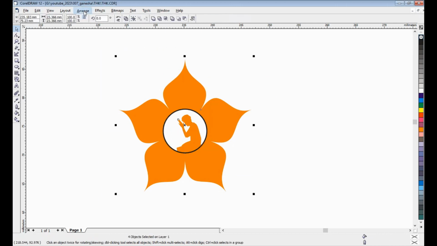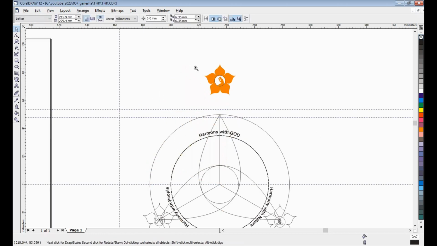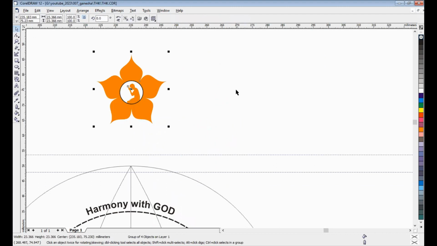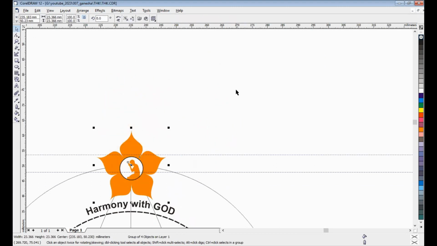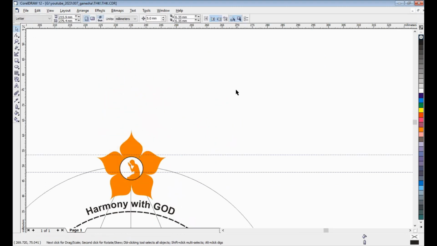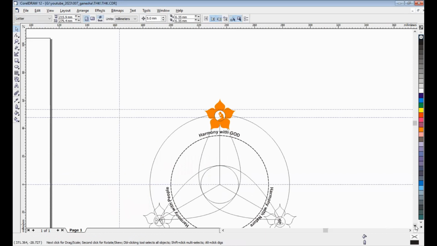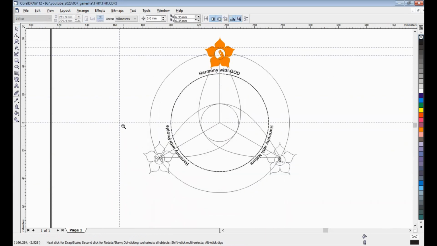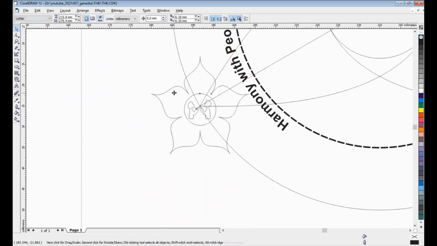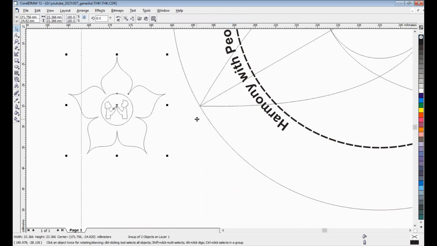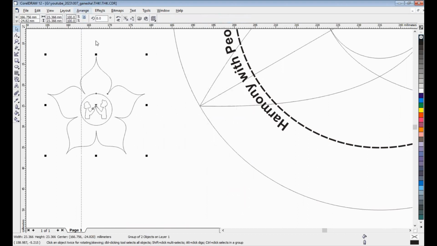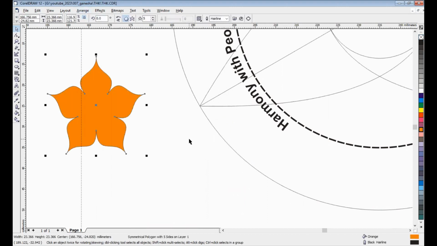Okay, we can group, and then we can place it on this. That's right. And the others too, like this. 1 2 3 4 5. Okay, ungroup and move down.